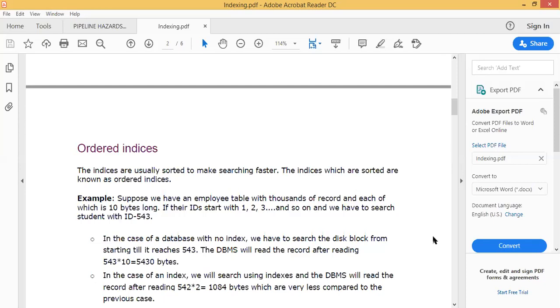With no index, we have to search the disk blocks from the start until we reach 543, so the DBMS will read 543 into 10, which is 5430 bytes. In the case of an index, we search using the index, and the DBMS will read 542 into 2, which is 1084 bytes, much less than in the previous case.